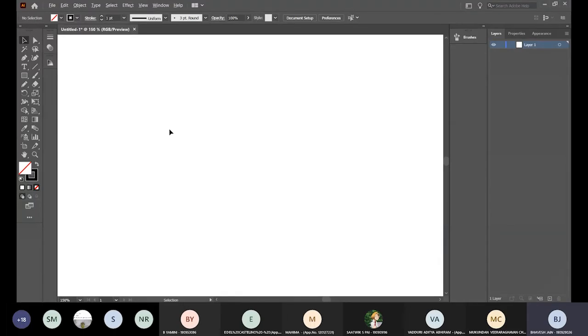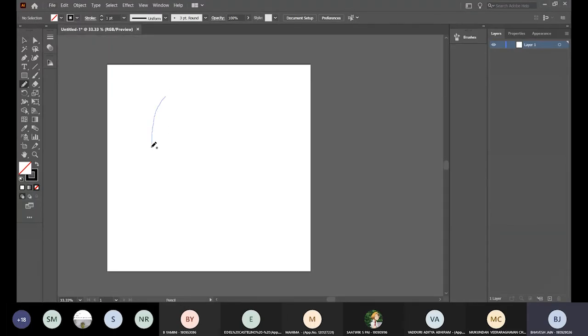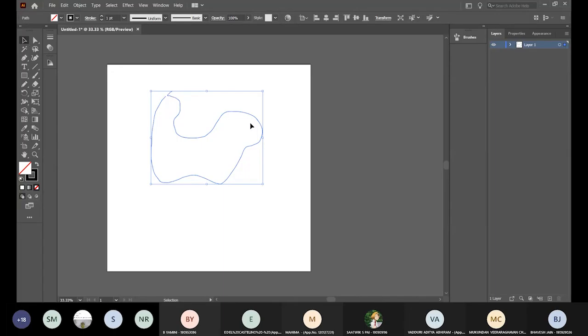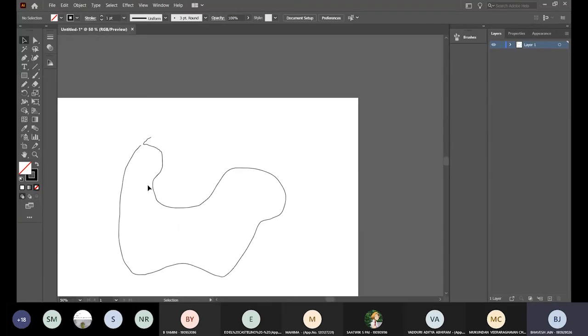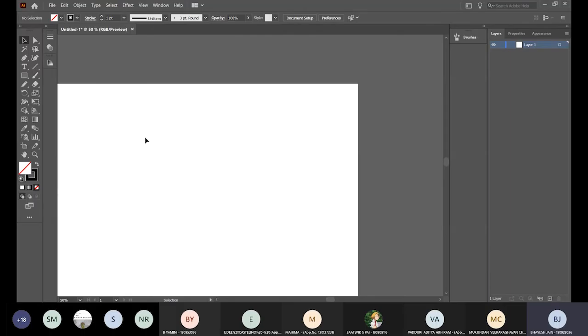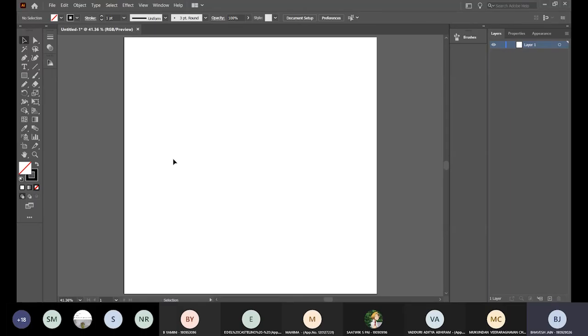Had I left it open, I'll go again and draw another one. This time I won't close it. I'll leave it over here. So now this is an open shape. In terms of direct appearance, there won't be much difference. I'll draw two shapes and show you, but the implications of having an open and a closed shape can be very, very different. So let's say I draw a shape which is, like this, a closed shape.